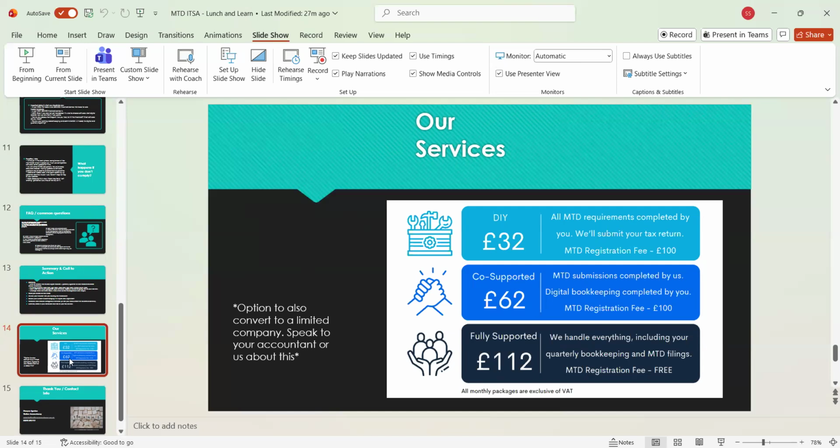However, with these changes, what we've decided to do is break our services down depending on what the client needs. Some of our clients are quite happy to do some of the submissions, some want us to do everything, and some want us to do the bare minimum. To give you an idea of our packages, so that when you speak to your accountants you have an idea of what other businesses are doing and can assess if it's going to be cost efficient: we've set up a monthly package of £32 a month,